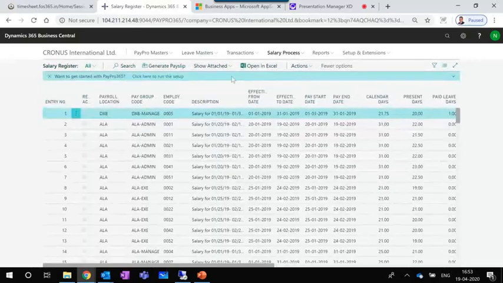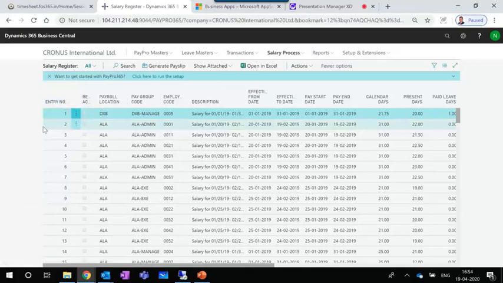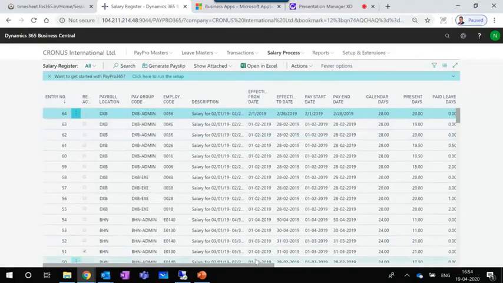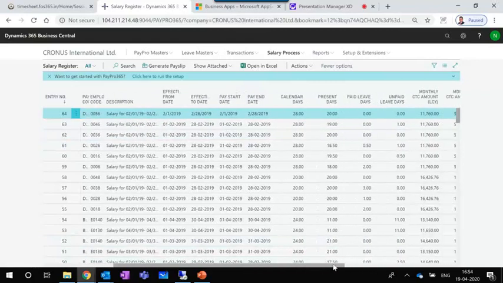I'm sorry, I just missed one thing. When you process a salary, that can be tracked in the salary register page. Apart from the report, we also have the register where you can keep track of the salary process. From here, you'll be able to generate the payslip. Suppose the employee didn't get something or you want to print it again, you'll be able to do that. It will have both summary level and detailed information.